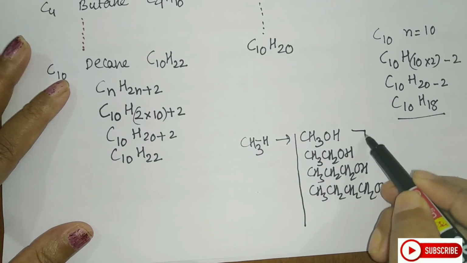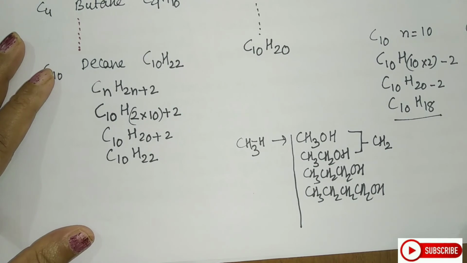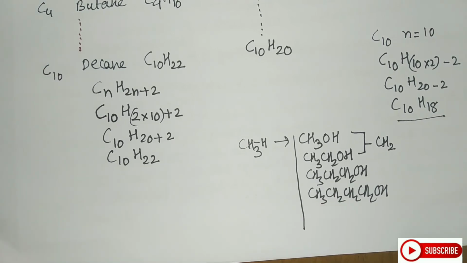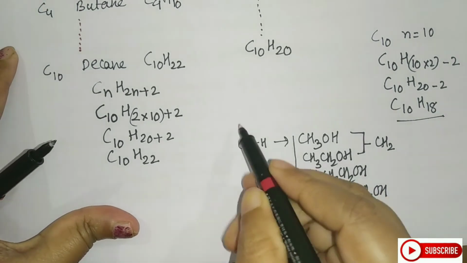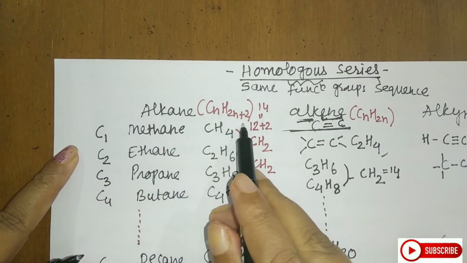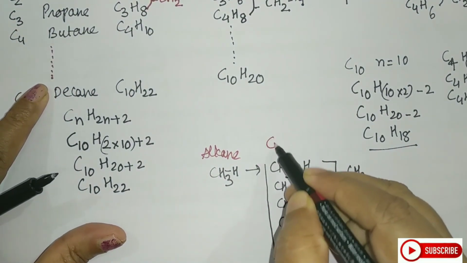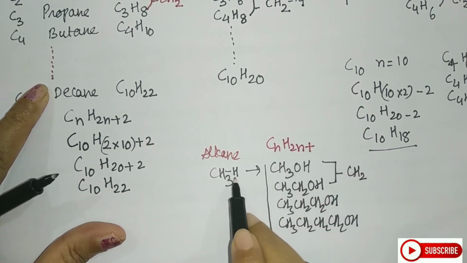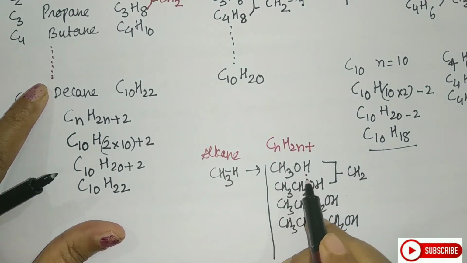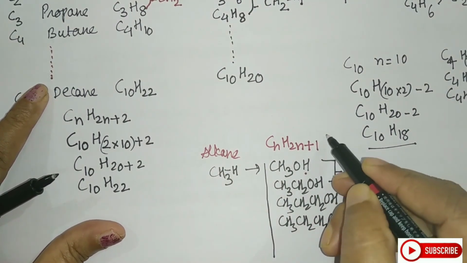Now if I try to find the difference here, the difference will again be of CH2, and they will differ by a 14 unit mass. So this becomes a new homologous series, a homologous series of alcohols. And now here, the general formula again we can create. If you see, I have created this from methane, meaning I have created this from alkanes. So what was the formula for alkane, students? CnH2n plus 2. So what will be the new general formula for alcohols here? One of the hydrogens I have replaced, meaning one hydrogen is less here, and instead I have added a functional group. So now it will be CnH2n plus 1 and the OH group.